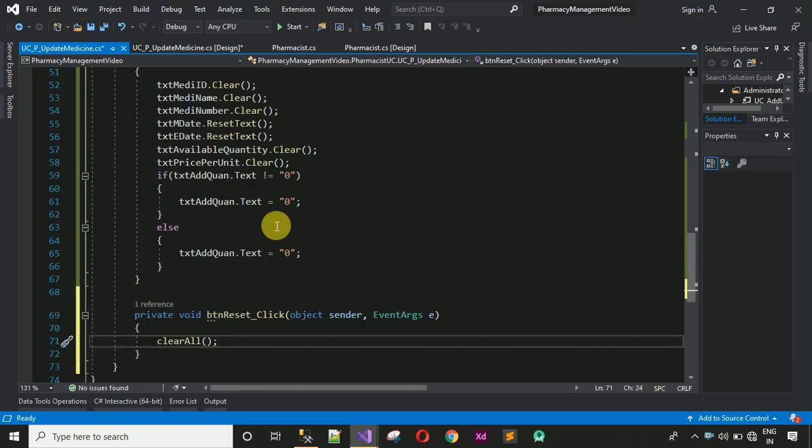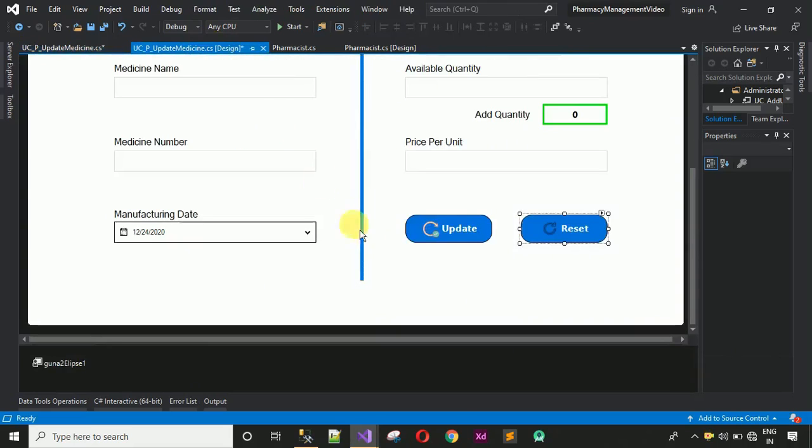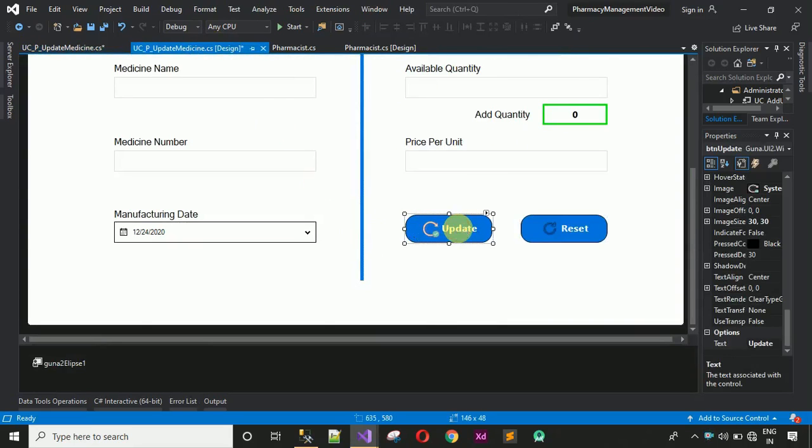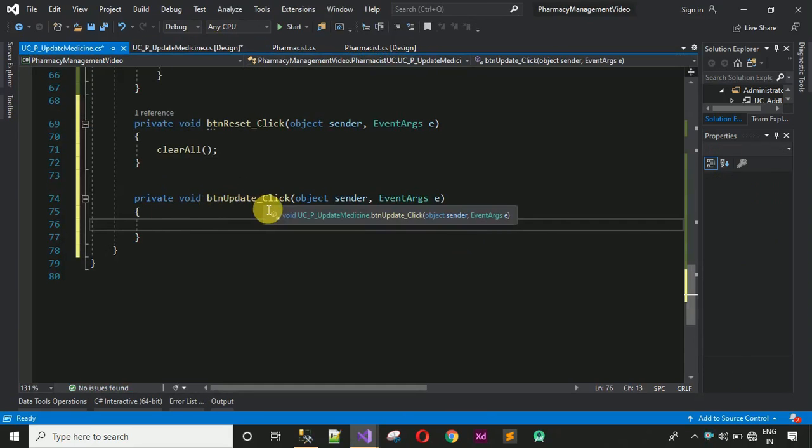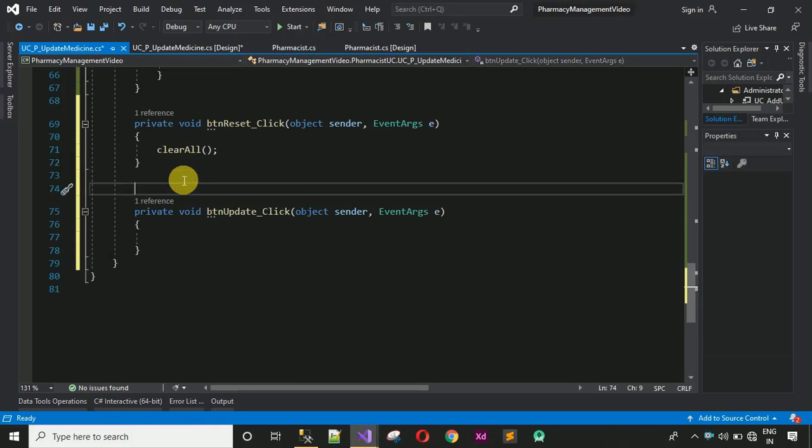After this, we are remaining with one small thing, that is the update button. So just double click on this to generate a btn update click event, and here the first thing we have to do is extract the values from all the text boxes and store them into variables. First, I'm going to create a separate variable to store the data of the quantity to be added. So int 64